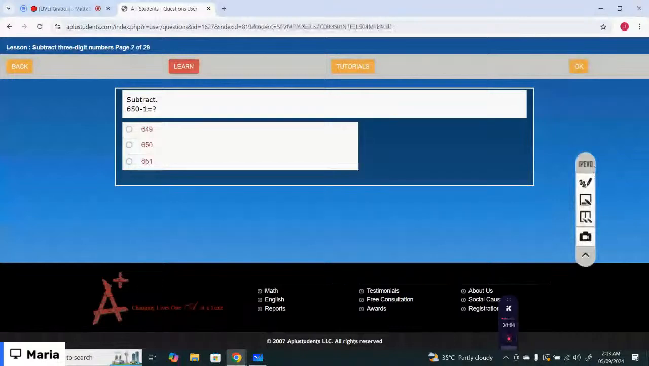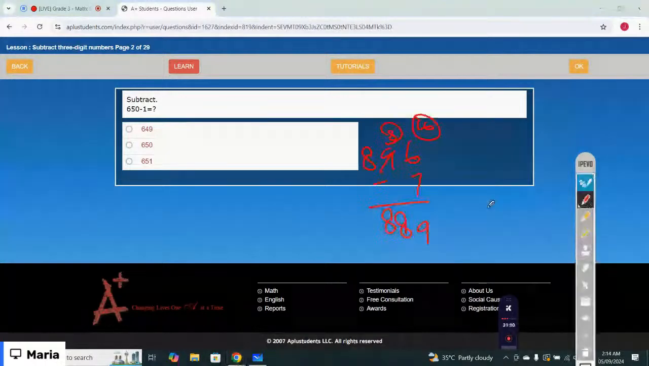The next one is 650 take away 1. So you have to do 650 minus 1, right? So you cannot do 0 take away 1, right? Because 0 is smaller than 1. So you need to borrow 1. You have 4 here and the one you borrowed makes 10 here, right? So 10 take away 1 is